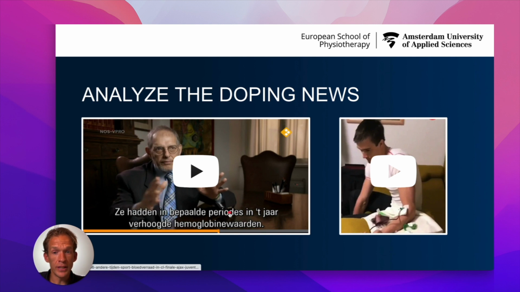Over on the left, you can see a screenshot of a video. It's a Dutch documentary, so if you need to practice some Dutch, then definitely this is also a good way. But it's a great video about back in the days when Ajax was playing Juventus for the Champions League. Then there were serious doubts about the Juventus players being under influence of blood doping of any kind. And in this documentary, you can nicely see how they have, at least in retrospect, analyzed the situation and realized that some of those improvements that were stated at first